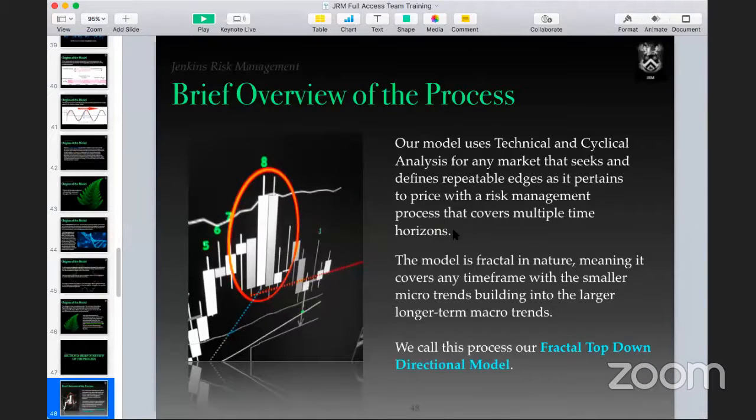But to keep it short and simple, we have a model, what I call our fractal top-down directional model. What that means is whether you're looking at the 1 minute, like we were just doing on pound yen, or a higher time frame, like a weekly chart of Apple, it's all the same process. It's constantly looking at the trend. It's analyzing the trend, it's analyzing the cycles, and then it's a 3-pillar process where we look at setups, which